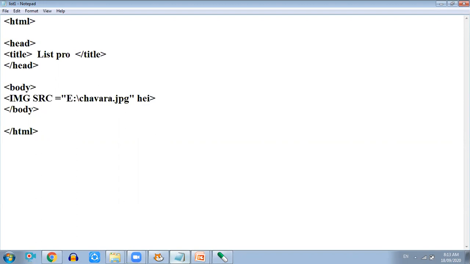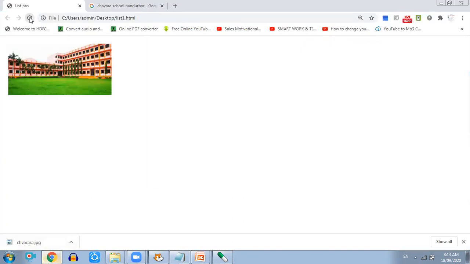You have to type height and width, and you can give its specification. If you want to set the height, then you have to type height, and if you want to set the width, you have to set the width. Then type height is equal to, in inverted commas I want to give 50, and when you want to change its width you type width, is equal to, in inverted commas the width value. This is a wide photo, that's why I'm giving more width and less height. Go to file, save and refresh. Now the image size has become small.